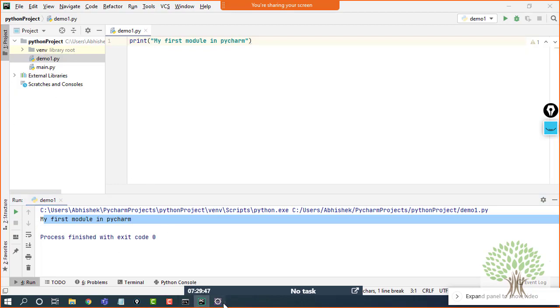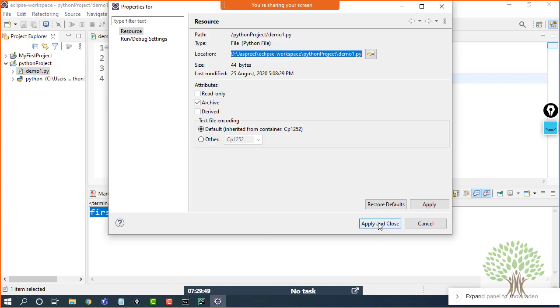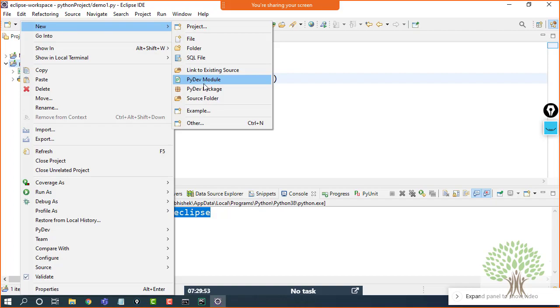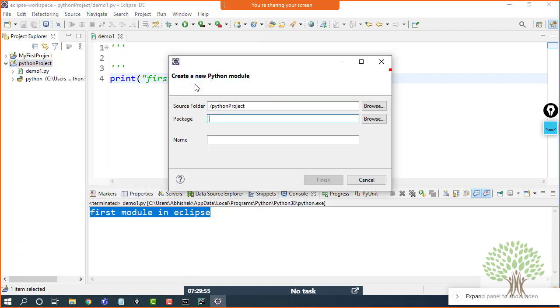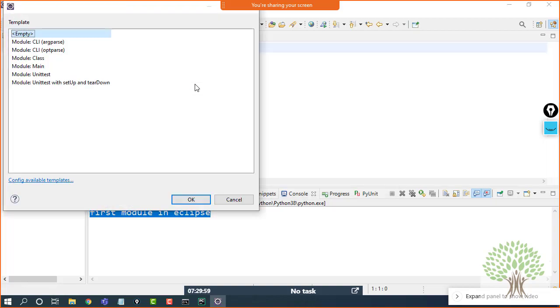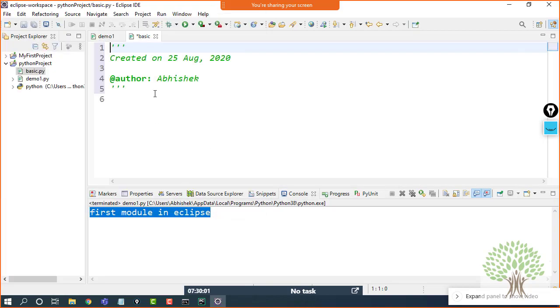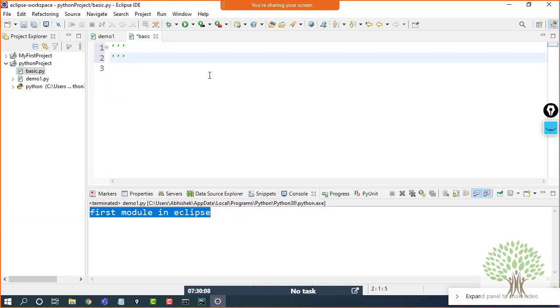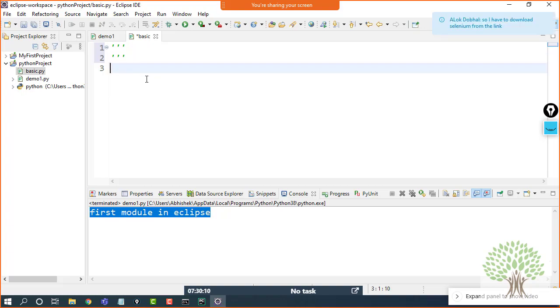Over here in Eclipse, I'm creating a different module and I'll name it basic. Now Selenium being an external package, I have to import it from that location and load it into my current module.